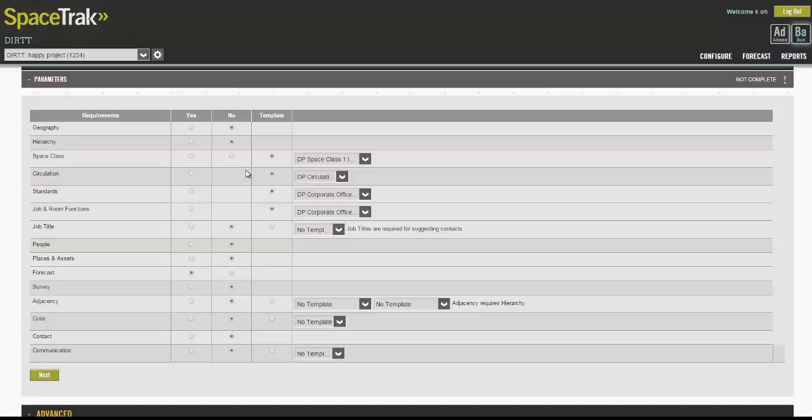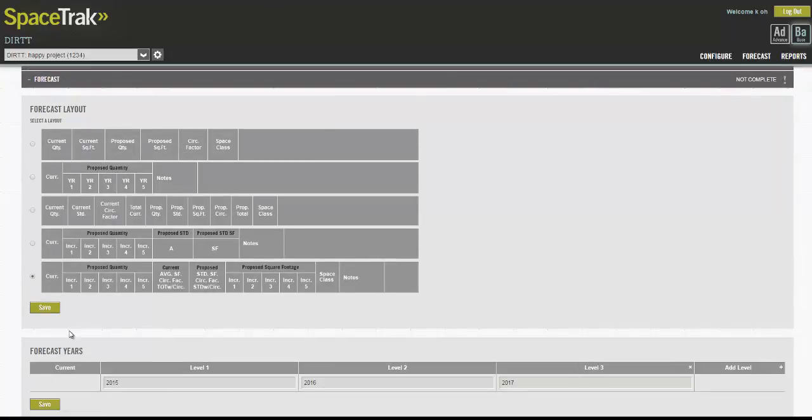Space class, circulation, standards, job and room functions are mandatory requirements to make SpaceTrak work. As you can see, I do not have the ability to select no for these selections. It's either yes or templates. I need to forecast, so that is the only other button that we need to answer yes to. All others are templates. I then hit next and the accordion will open up to the one section that I